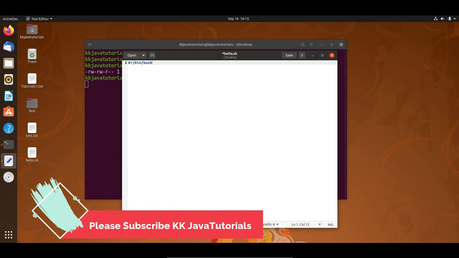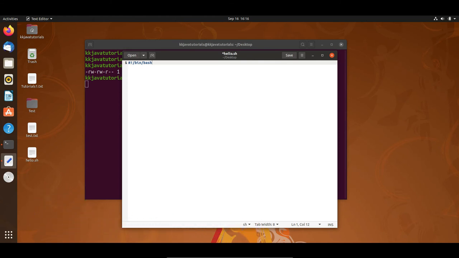So here hash exclamation is an operator called cbang which directs the script to the interpreter location, right? So if we use hash cbang /bin/bash, the script gets directed to the Bourne Again shell. If you want to use the Bourne shell, then simply you have to write hash exclamation /bin/sh, right? Because sh is for the Bourne shell, but here we are using the bash shell. So I hope you understood. This is the very first line you have to write.